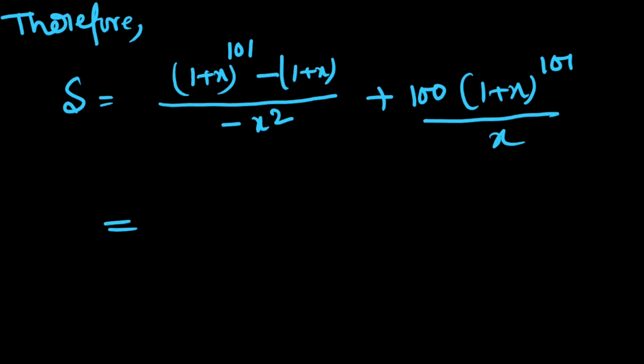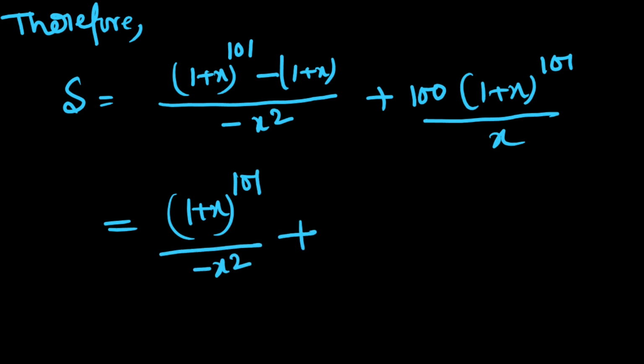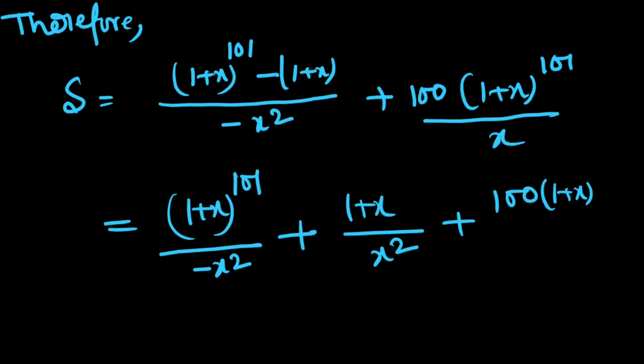Therefore S is equal to (1 plus x)^101 over minus x square plus (1 plus x) over x square plus 100 (1 plus x)^101 over x. Now we find the coefficient of x power